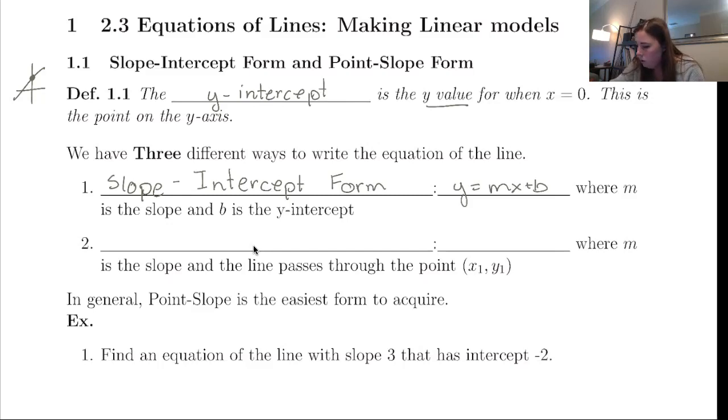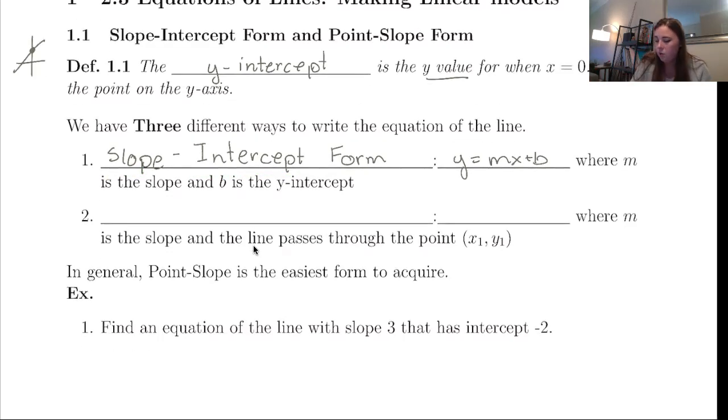You will, and you are expected to know the difference between them. If I give you an equation of a line and I ask you to write it in a specific way, I will take out points if you don't write it in that specific form. Just as if I asked you to factor by completing the square and you did it by quadratic, no, doesn't work like that. So you need to know all these forms and know what they look like and be able to write them. Okay, so the second one is called